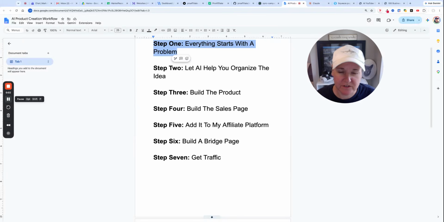So in my last video, I showed you guys how AI really has become my business partner. Not because it's replacing me, but because it's helping me build things that honestly would have taken me months before AI. And at the end of my last video, I mentioned how I wanted to start showing you actual workflows